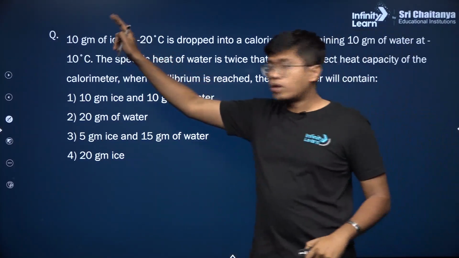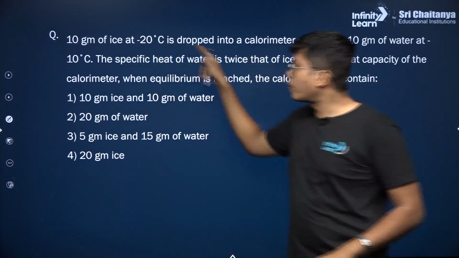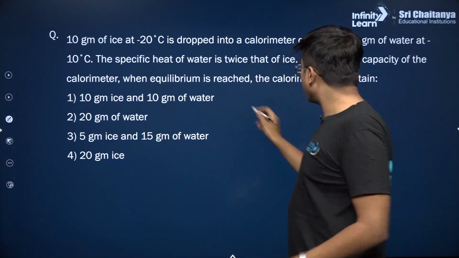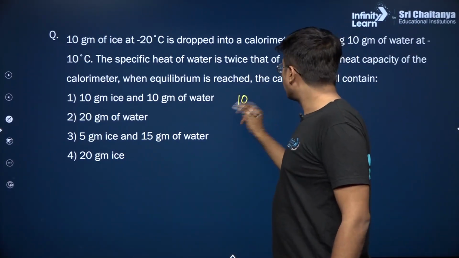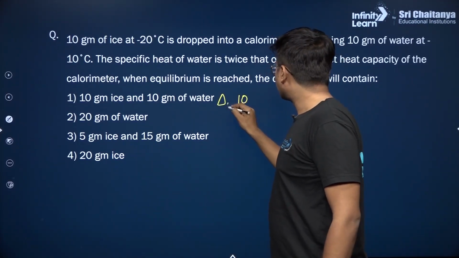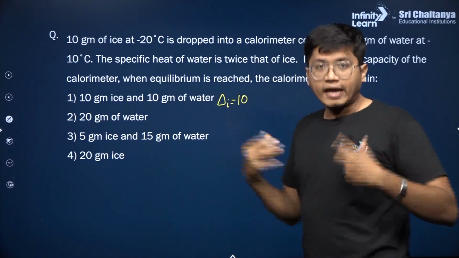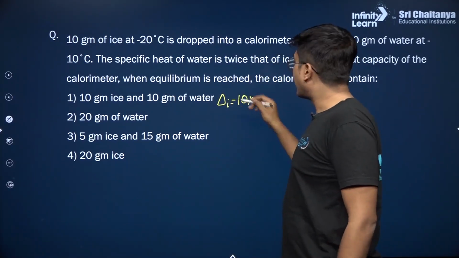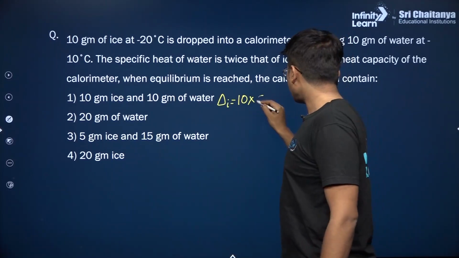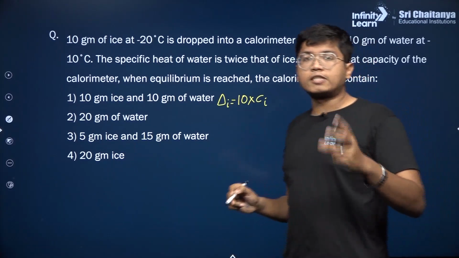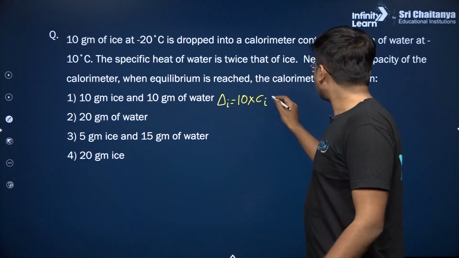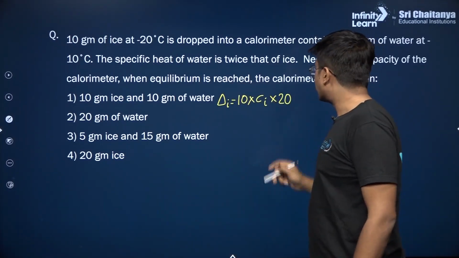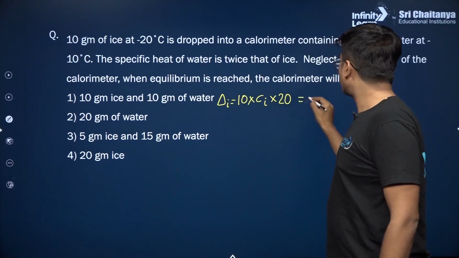So in cooling this 10 gram of ice from minus 20 degrees to 0 degrees, the actual heat that it needs to gain would be, let's call this delta of I, energy gained by the ice, 10 gram, we'll keep it in grams, doesn't matter, into the Ci. Ci would denote the specific heat capacity of ice multiplied with the temperature change, that is 20 degrees Celsius. So that makes it around 200 Ci,